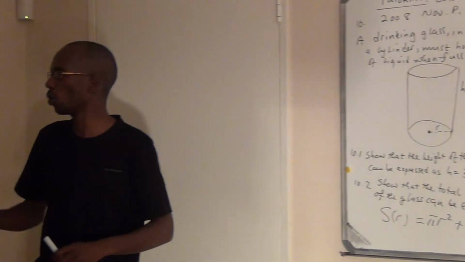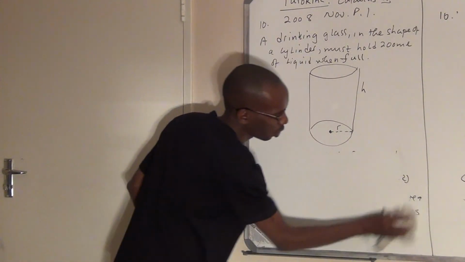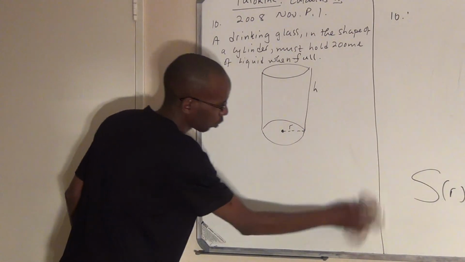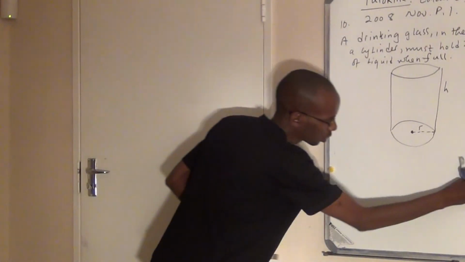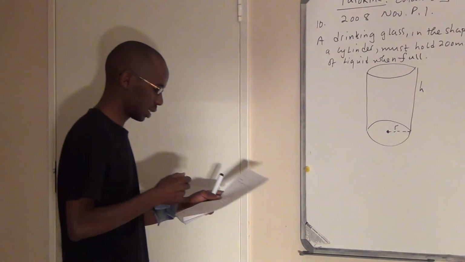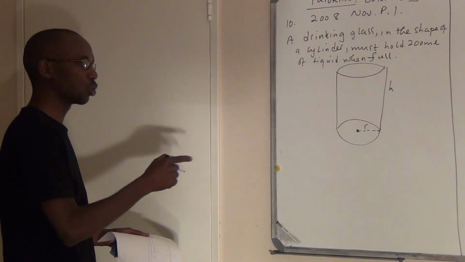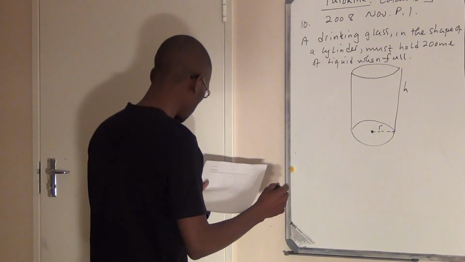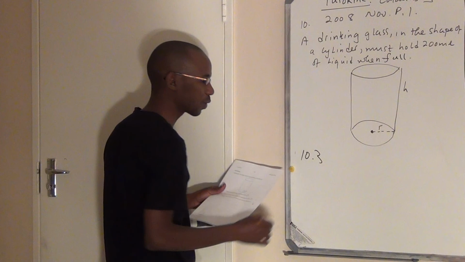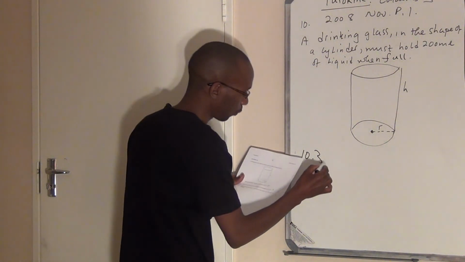Now, we look at the third question which is there. I said we didn't put it down because we wanted to save space, or rather we didn't have space. Now that we do, let's look at that question and see if we can solve it as well. So, we've just been asked to show that the surface area is pi r squared plus 400 over r. And then question 10.3 says, after you've done that, go on now to show, in fact it says, hence,